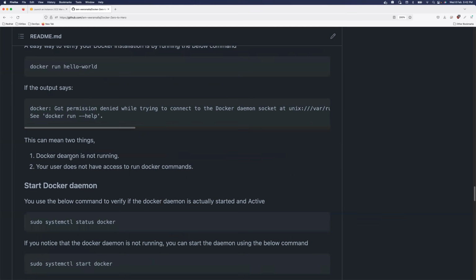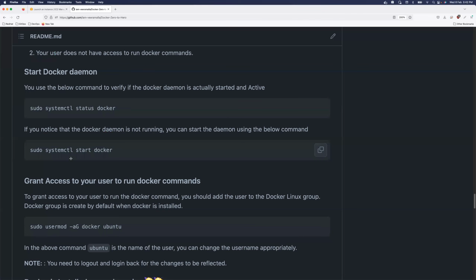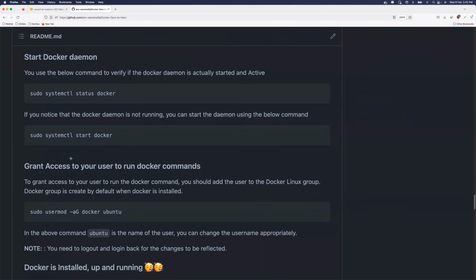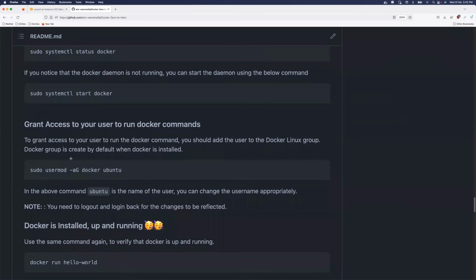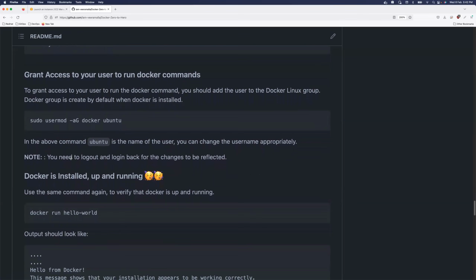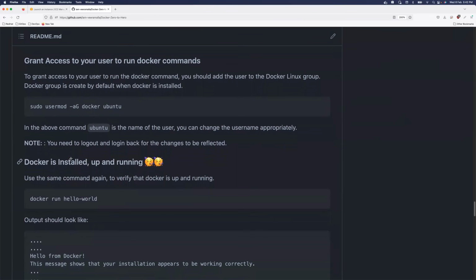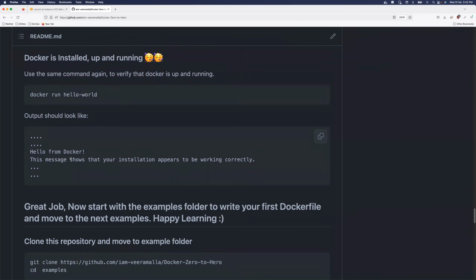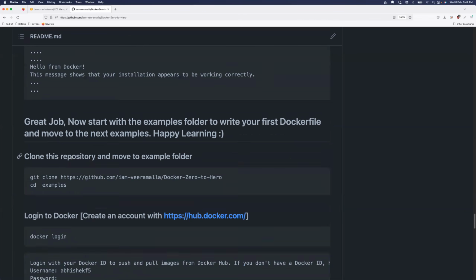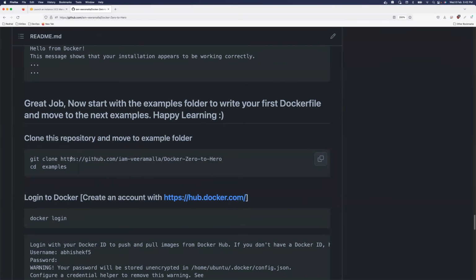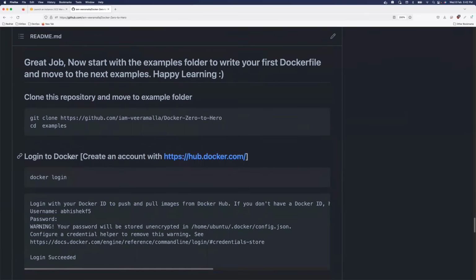Then I have a folder in this specific repository which has a very basic Dockerfile, or you can consider it as your first Dockerfile. I'll show you how to write that specific first Dockerfile instead of using the same one that I have in my repository. You can also write your own Dockerfile by slightly modifying it, and then you can create your own Docker image and finally run your first Docker container, right? We will do all of these things in the current video.